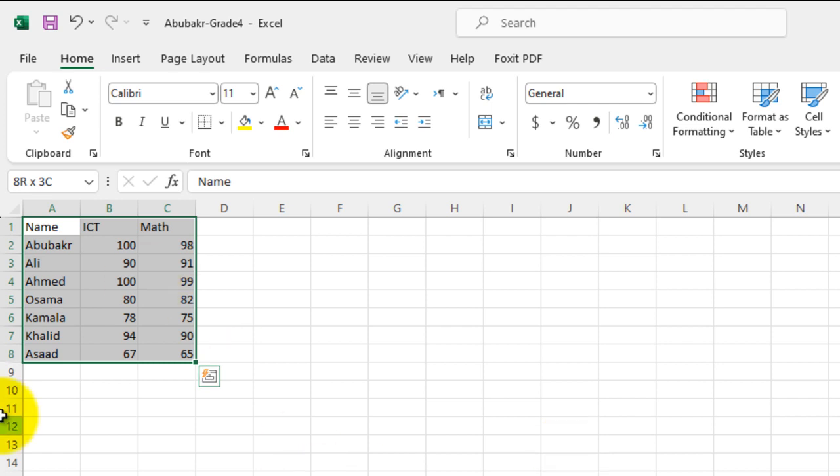After you did that, now your data or text is ready to be formatted. How is that? Step number 2, go to the Home tab. Step number 3, go to the Font group. Now from this box, which is called Font, you can change your font name. Click the drop down list,